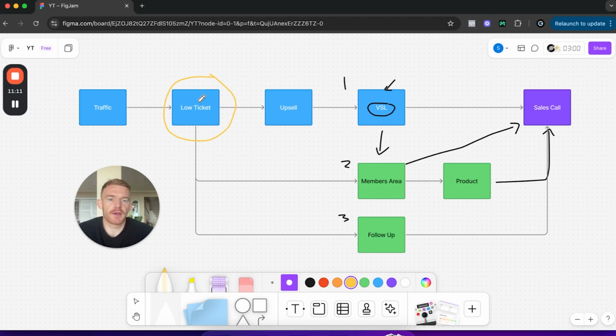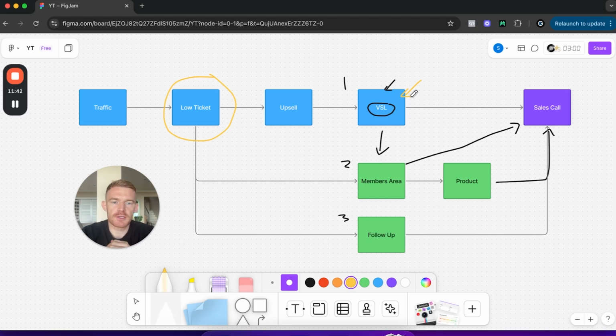Even though we do put the VSL here on the funnel, some people think the sales cycle is just 24 hours, and that someone who bought a low-ticket product is going to book in for a sales call the next day and then buy the 10K product, right? That's not going to happen. A lot of the time with this funnel, it is more profitable because you're going to get more qualified people through, but sometimes that sales cycle is a little bit longer. Some people will buy a low-ticket product in January and only buy the high-ticket thing in March.